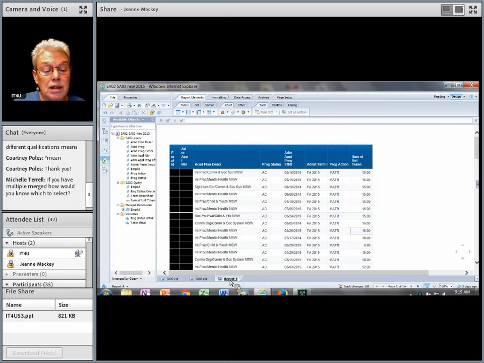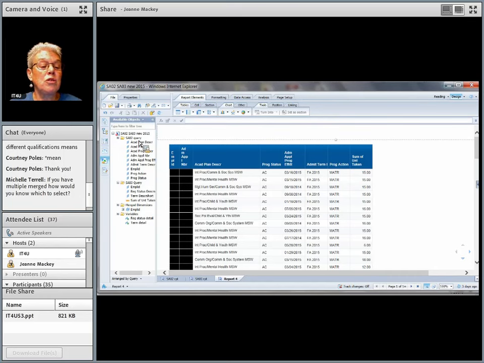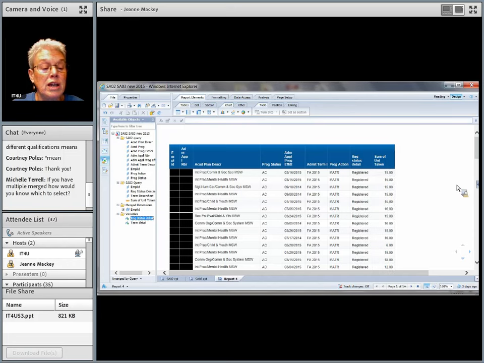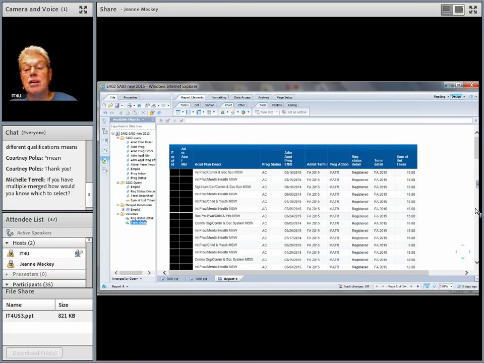So for this report, I've already got Empl ID. I pulled everything from SAO2, and then I included my measure object, sum of unit taken. So now I can take the registration detail object and put that over here. Great. And then I can get my registration term. So now I've got everything that I wanted from the SAO2 query and everything I wanted from the SAO3 query.